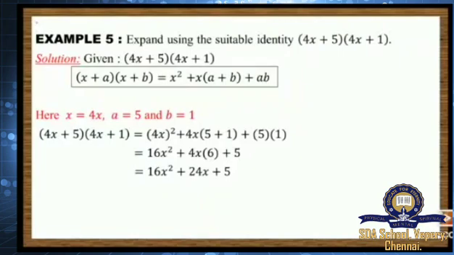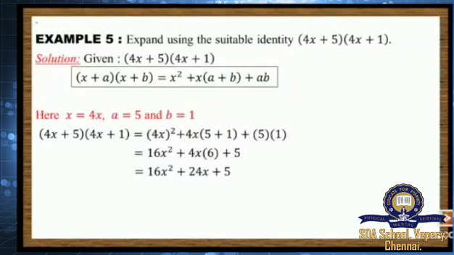So there is another formula as we studied, x plus a into x plus b. So this is of the form x plus a into x plus b. Here x equals 4x, a equals 5 and b equals 1. So substituting x equal to 4x, a equals 5 and b equal to 1 in the above identity, we will